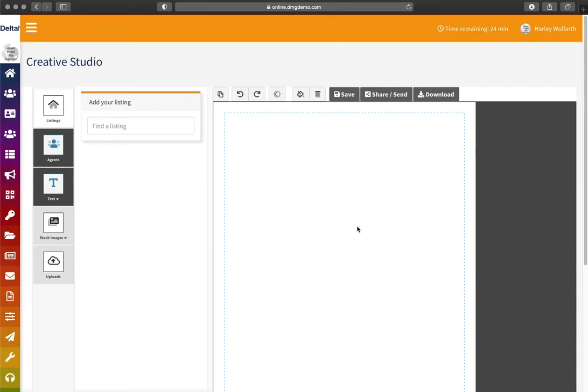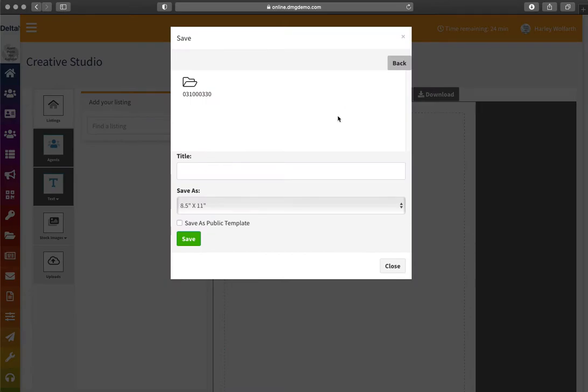So if I were to build a design here, as per all the instructions in that video, and click on Save, I now have the option to save this as a public design. So as an admin, I would go in here, select Save, and then I can either save this so it's just accessible on the admin side. So if it's not done yet and I'm not ready to make that available to agents at all,